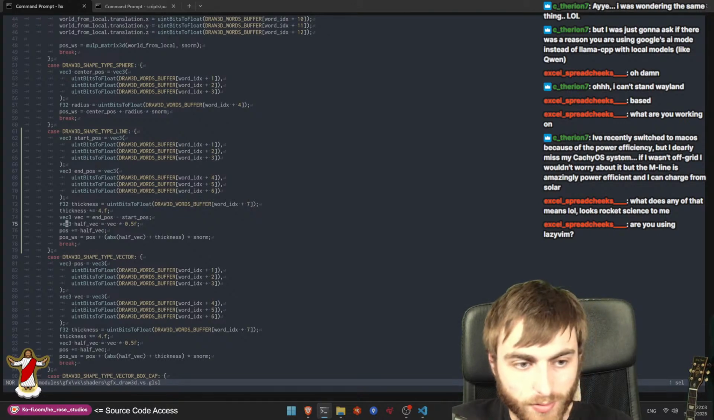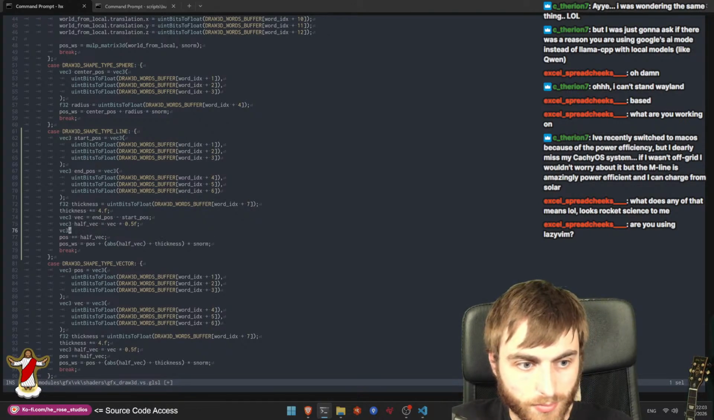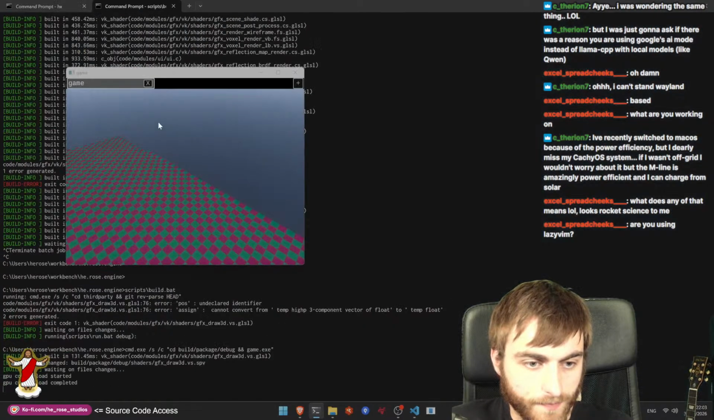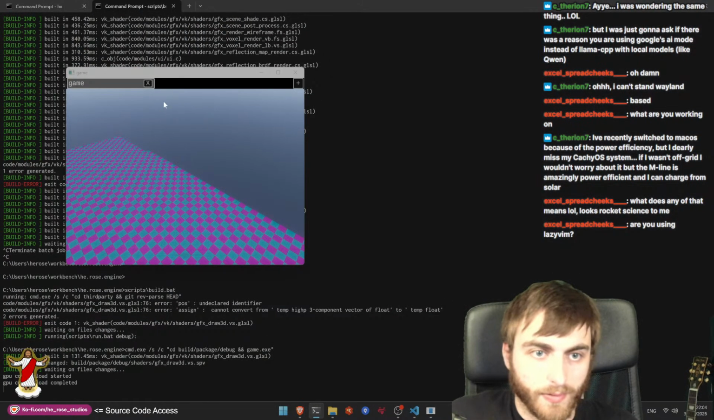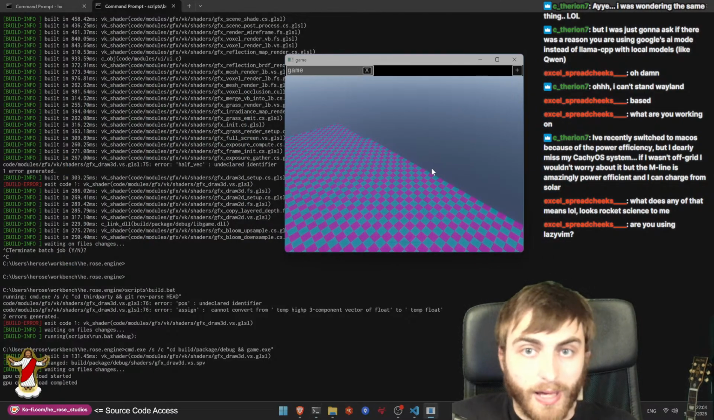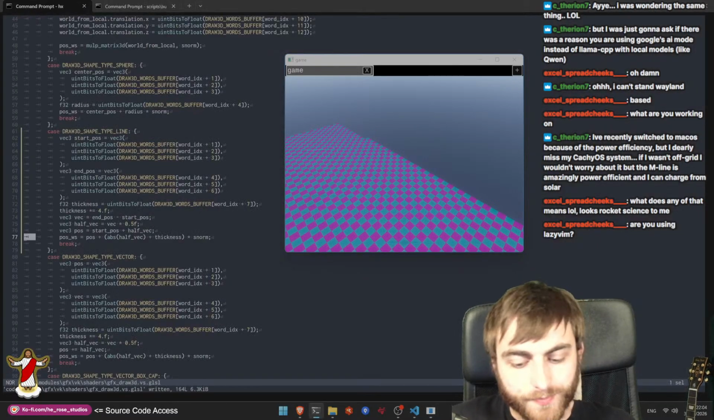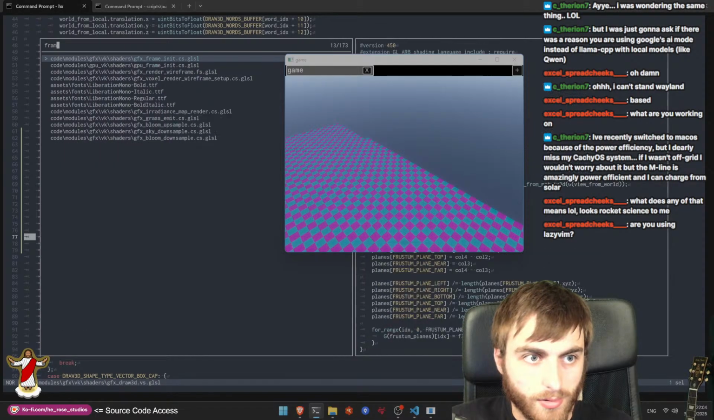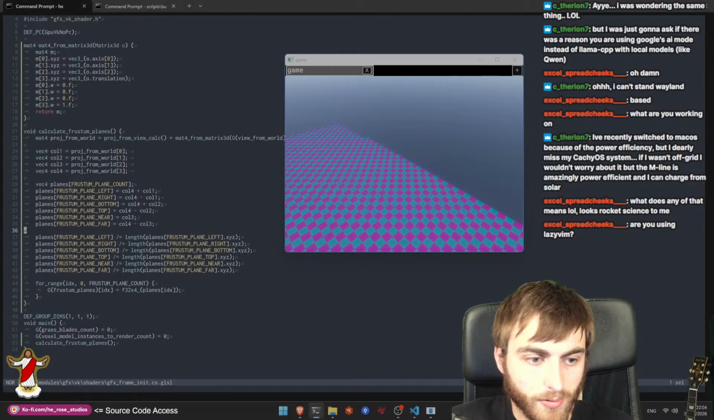The position is equal to start position. Cool. All right, we're back in business. So we just want to find a shader. So we can probably do it from frame init, I think. I think we could do it in